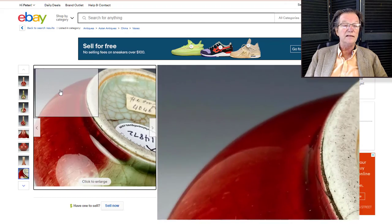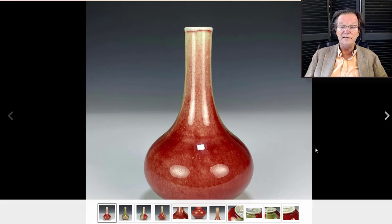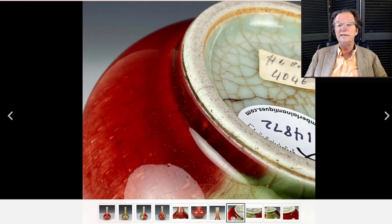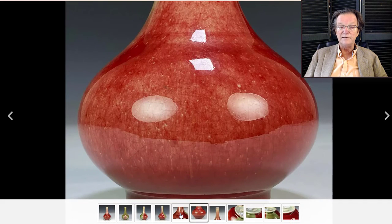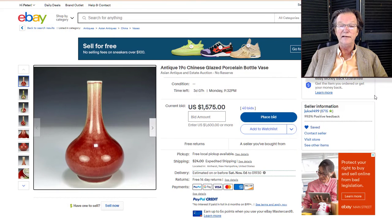And then he has this up, this very handsome bottle vase. And on this one, I'm going to disagree with him on his dating. He thinks it's 19th century. And I took a good look at this. I don't think it is. I think it's late 18th century at least, maybe even older. This looks very nice to me. This does not look like a 19th century vase to me, but that's just my opinion. But I think it's a beautiful vase. I think a few people disagree with him on the dating because it's already up to